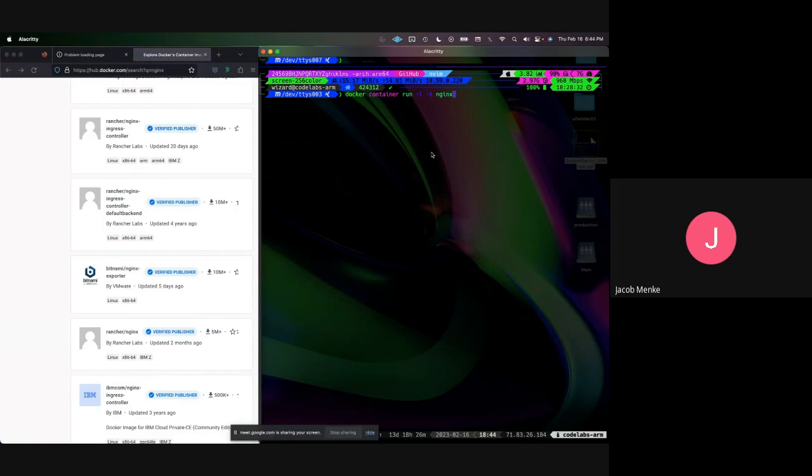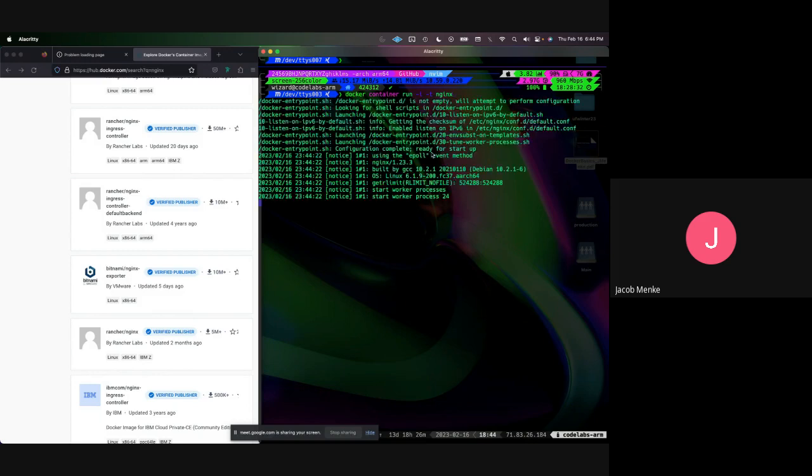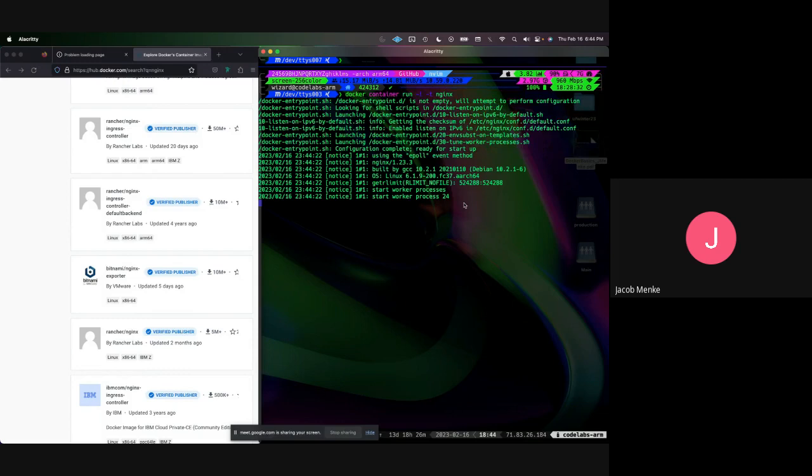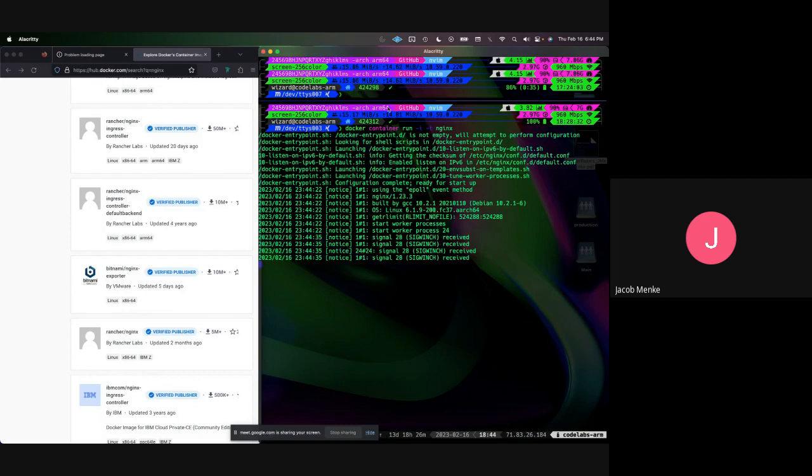What that is going to do is pull down the nginx image from Docker Hub and then create a container out of that image and then run that container. So that's what I did right there. I had already downloaded the image in my cache, so it didn't re-download the image, but I just created a container. And if I do docker ps,